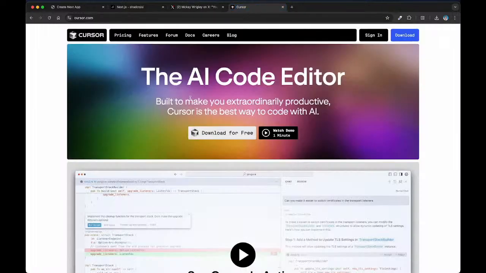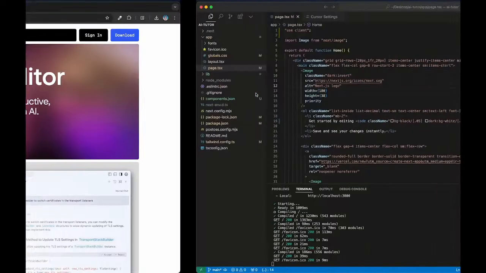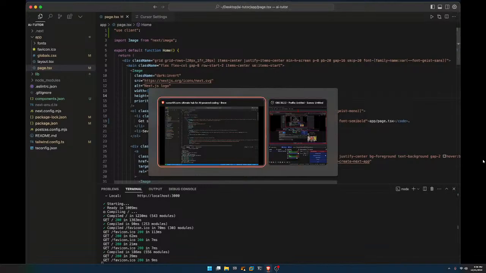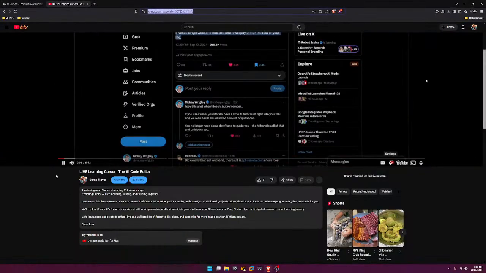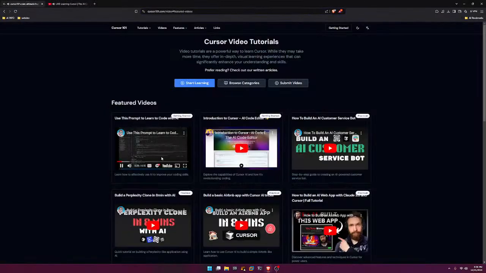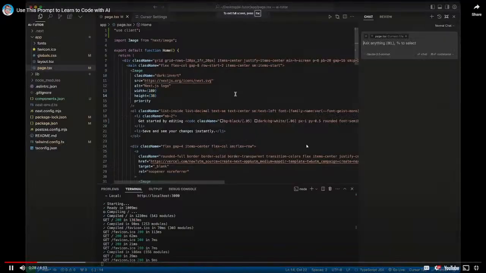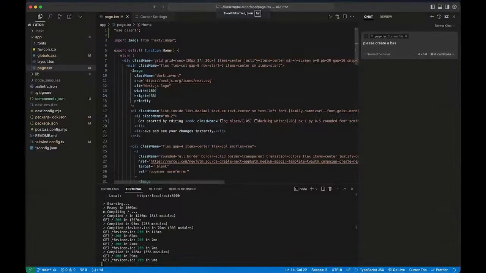And here's my recommendation. So A, you obviously need to download Cursor. It's the AI code editor that everybody's using. Go ahead and do that. And once you have that, I'm going to demonstrate. First, I'm going to demonstrate what this workflow is like without the prompts so that I can emphasize why it's so powerful. So what I'm going to do here is I'm just going to say, please create a basic user